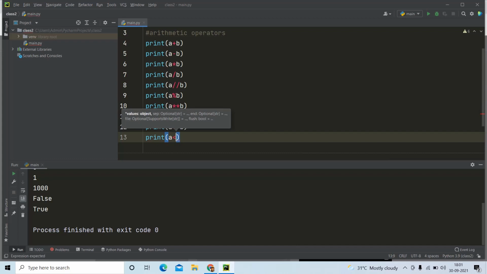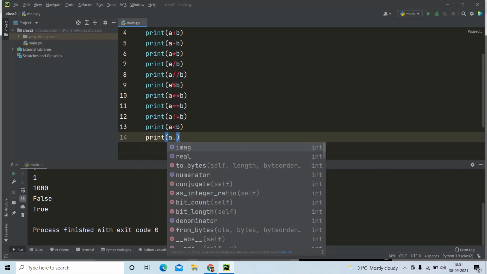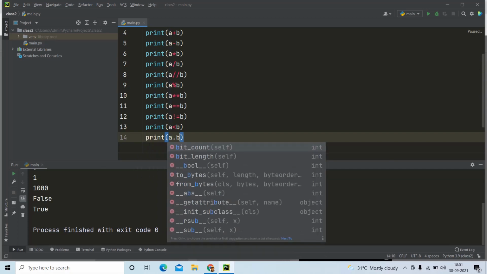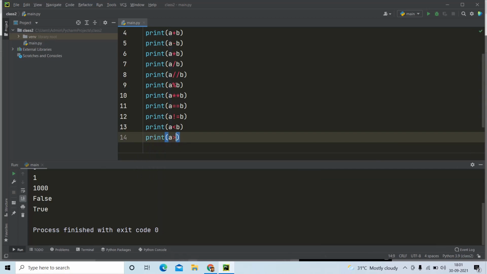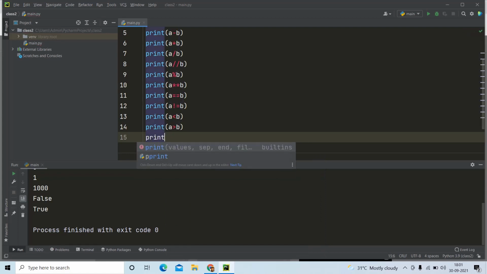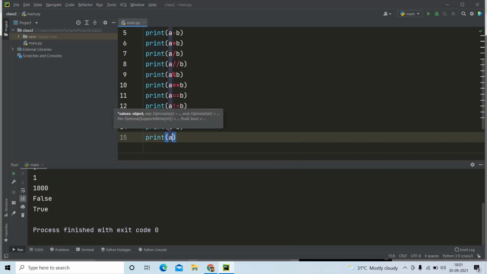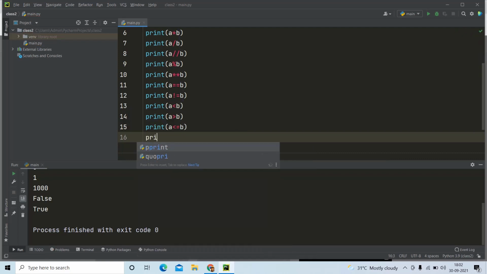A is lesser than b, and print a is greater than b, and we can try to print a is lesser than or equal to b, and again print a is greater than or equal to b.